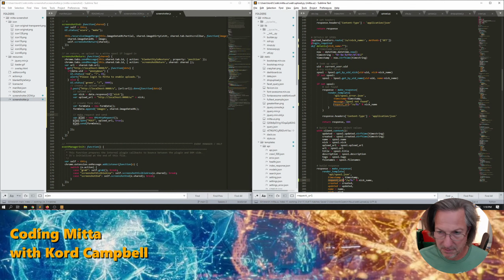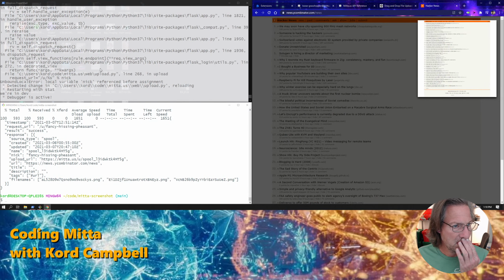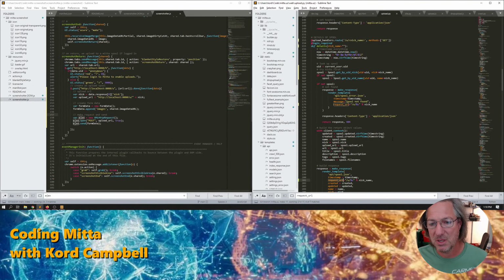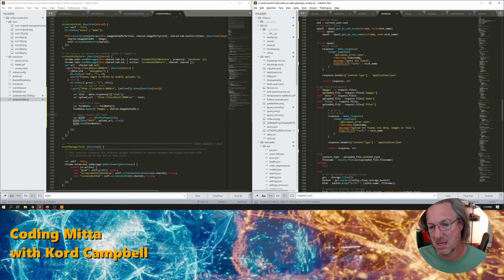Okay, all that looks good. And what does it say here? What was our error? It says in 268. I'm nervous. Okay, I'm going to look at 268. And if that's in an error handler, then it's in an error handler. And it says here that we didn't get anything. That the upload was not found. Use data, images, or file. So I'm doing request files here, but I'm not getting